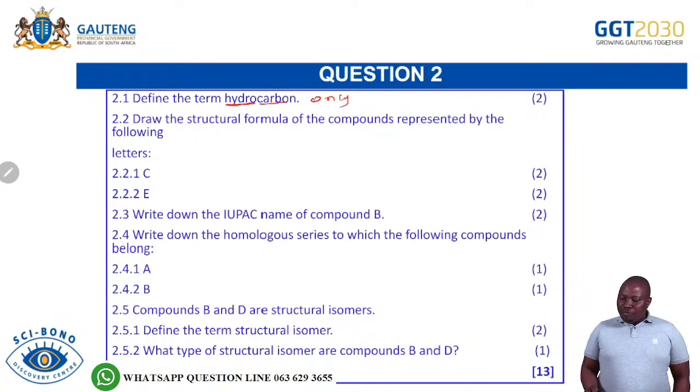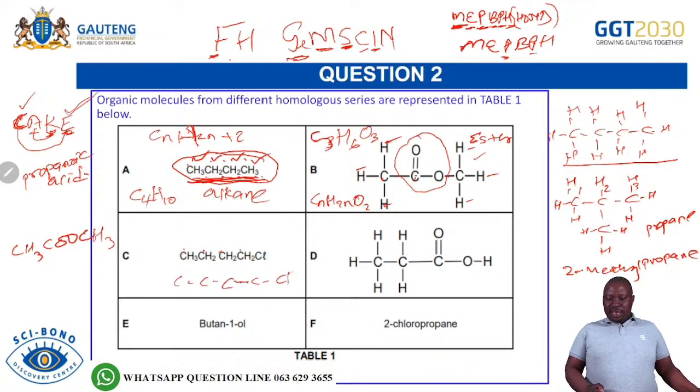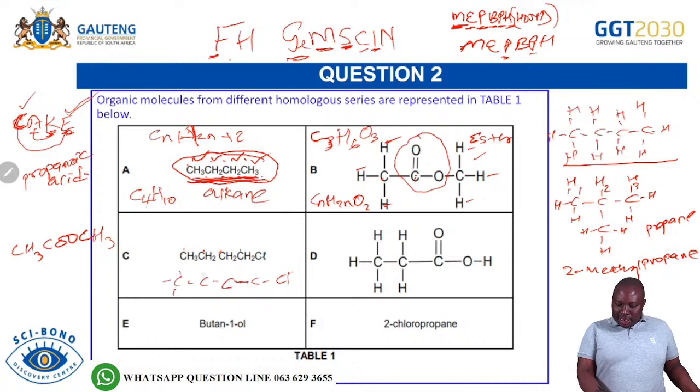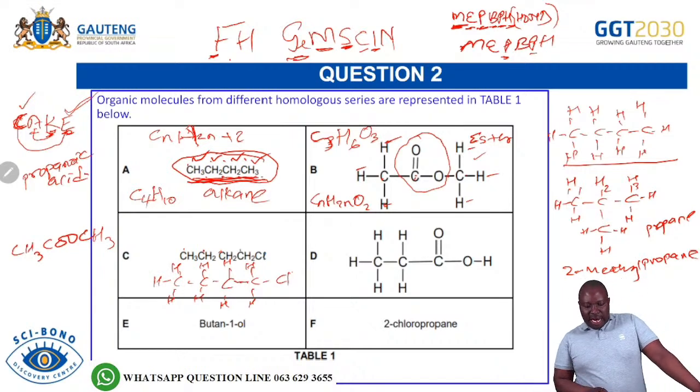Draw the structural formula of the compound represented by letter C. So you go back there. Structural formula was simply saying show all the bonds. So you're able to write all the carbons, but this time you are showing all the bonds. You can see that this structure has 1, 2, 3, 4 carbons, then chlorine is attached there. Then you are able to show all the hydrogens. Remember, in structural formula, you must show all the atoms and all the bonds. You see, it becomes easier when you are drawing it, looking at it. You are able to simply draw that structure and you collect your marks. So that is what the question said for C and E.